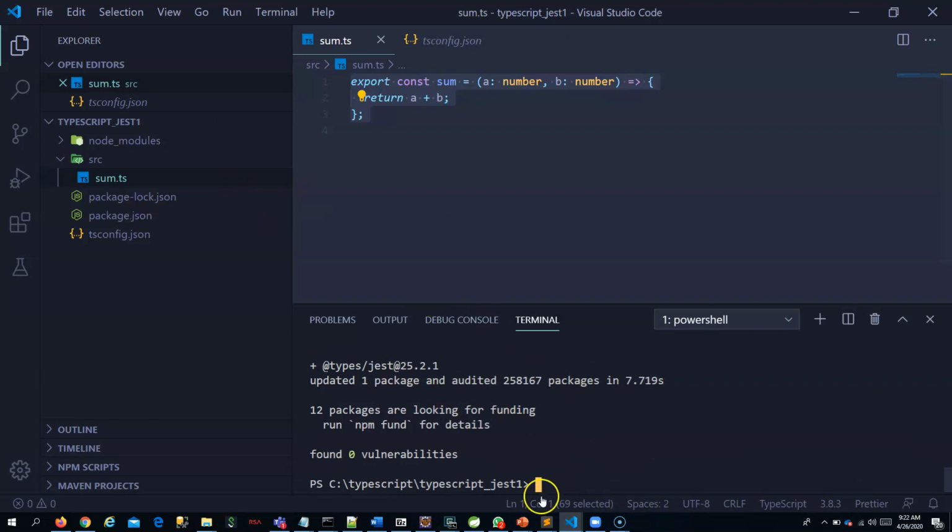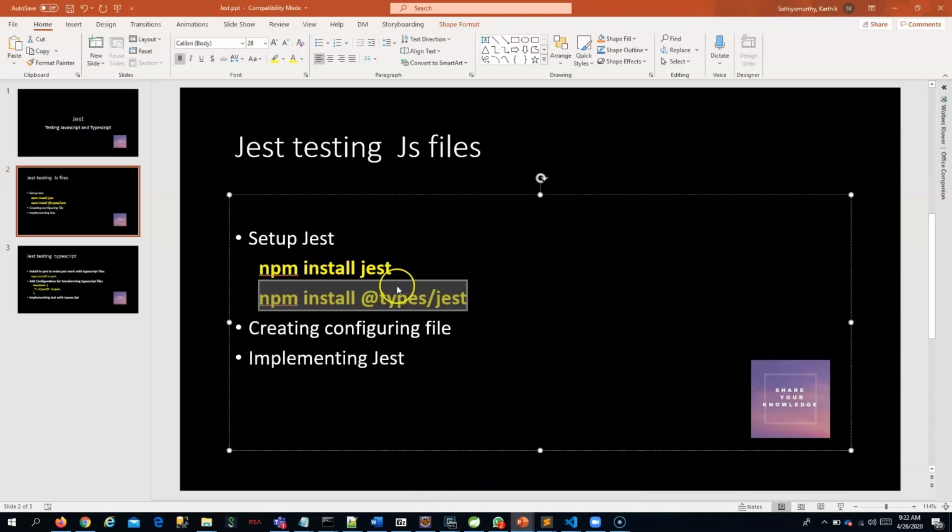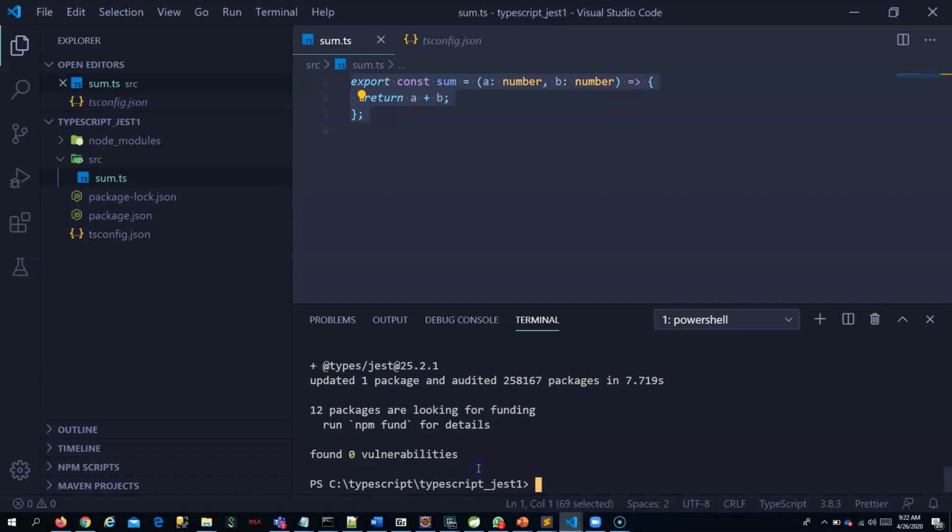Now the other step is, as per my slide, you have to create a configuration file. Let me create a configuration file in the root where you have the source, in the same root.